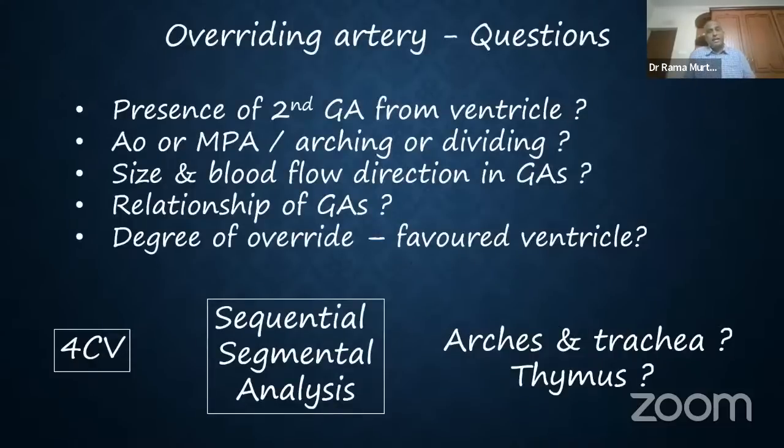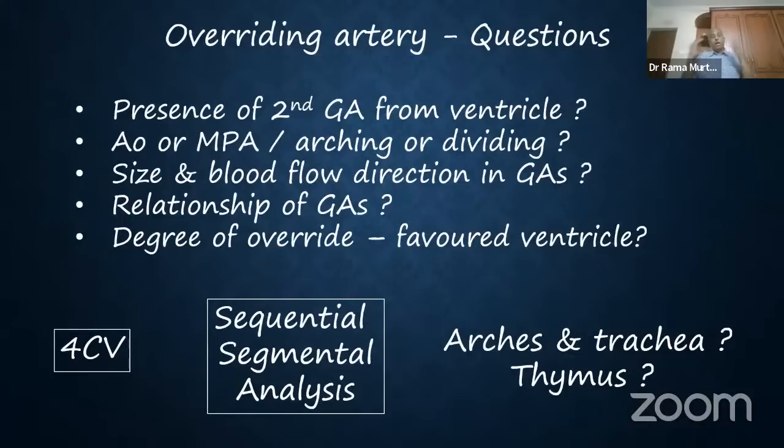So whenever you find an overriding artery, and as we know, most often we find the overriding artery when we move from the 4-chamber view into the LVOT or into the 5-chamber view. Either of these can give you, but believe me, a rotational LVOT would bring out the overriding the best, right? So once you see an overriding, you need to get to your final diagnosis. That's just the beginning. It may be only the lead finding, and the lead finding should stimulate one to do an entire echocardiography and get at the final diagnosis.